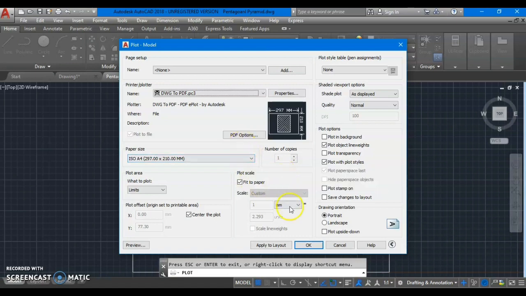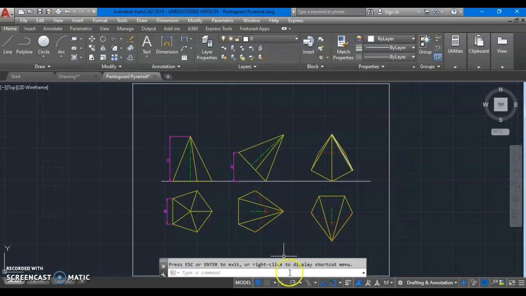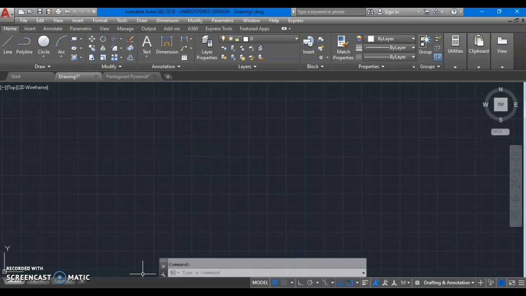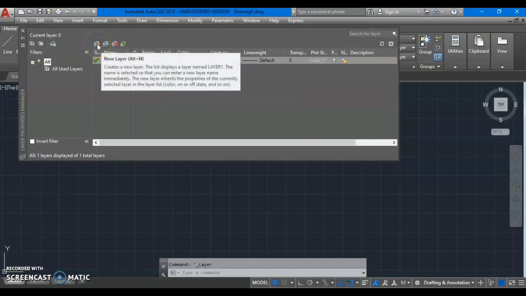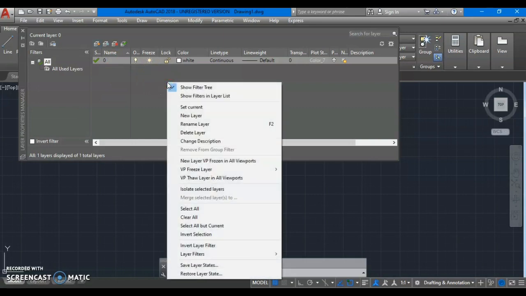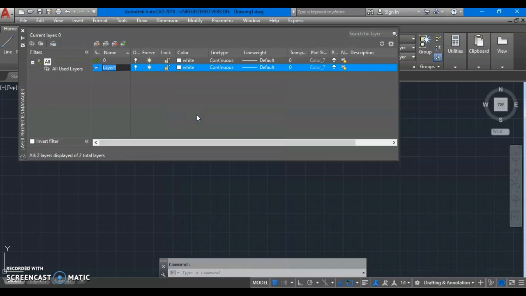Now let's move on to our next command, layers. Again it is there in the format menu, layer. Now we can create different layers over here by clicking on this icon, which will give you a new layer, or by right clicking on this area, which will give you an option for new layer.